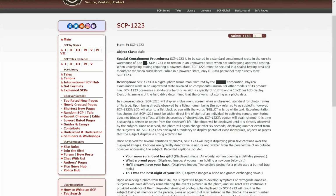SCP-1223 is to be stored in a standard containment crate in the on-site warehouse of site somewhere. Cell 1223 is to remain in an unpowered state when not undergoing approved testing. When undergoing testing requiring a powered state, it must be secured in a sealed testing area and monitored via video surveillance. While in a powered state, only disposable dudes may directly view it. Description: